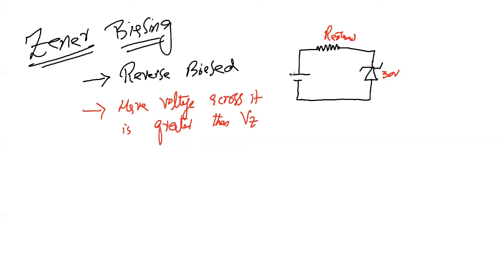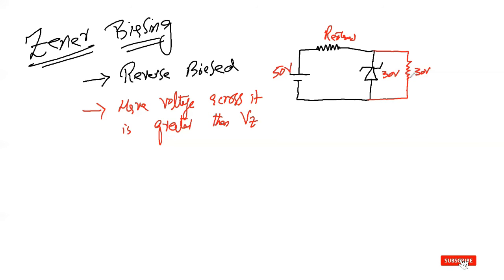If the voltage is greater than 30 volt, let's say this is 50 volt, then this voltage is greater than the Zener voltage. Let's say we have an external resistor connected in parallel across the Zener diode, and I want to protect this resistor. If you want to protect this resistor, you will install a Zener diode in parallel with it. Let's say your target is to keep the voltage less than or equal to 30 volt across this resistor, and if you increase the voltage greater than 30 volt, then this resistor will get destroyed.